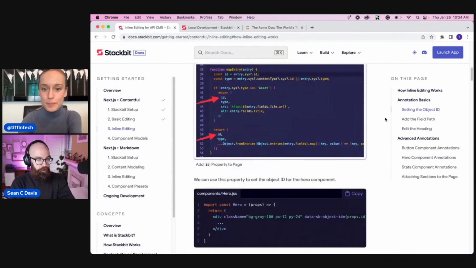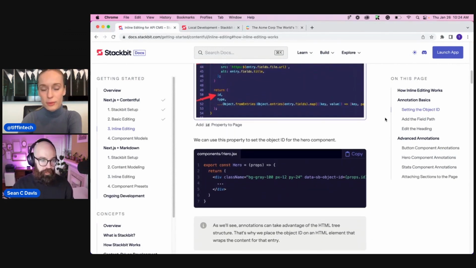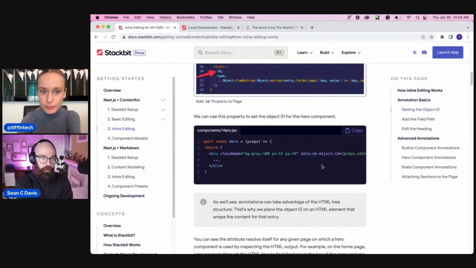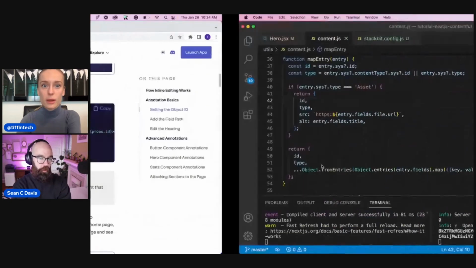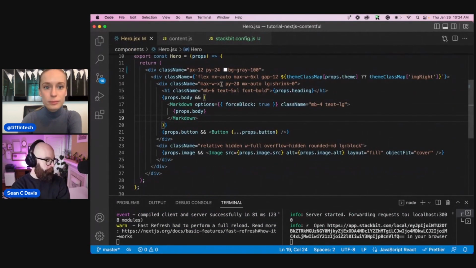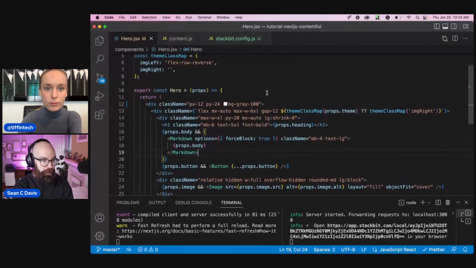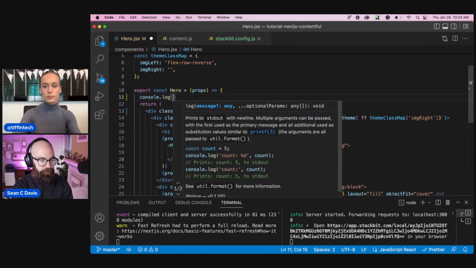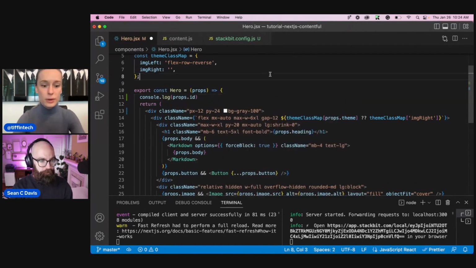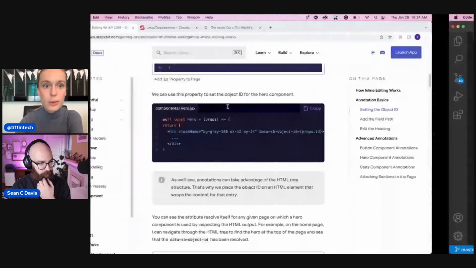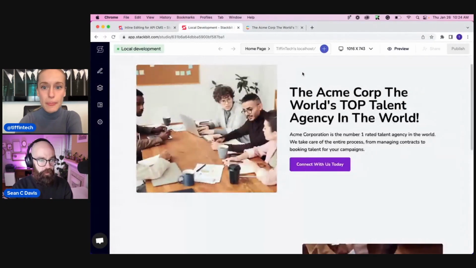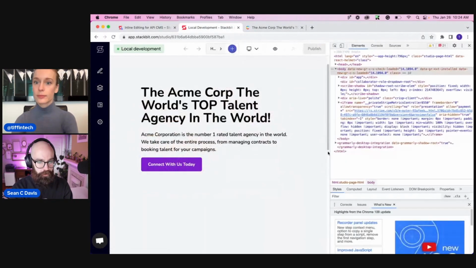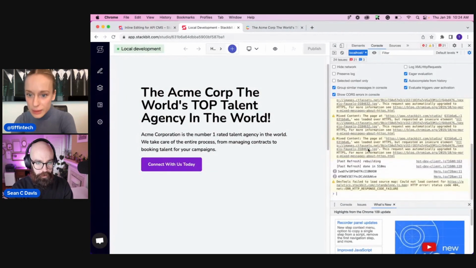Yeah, if you're going to look at the docs, they're going to touch this hero component. So maybe the way you start here is jump into that hero component in the code, and rather than putting it in the markup, just before you get to that return statement, between line 10 and 11, do a console log and do props.id. Props.id, perfect. And then if you open your console, and there we go. We've got